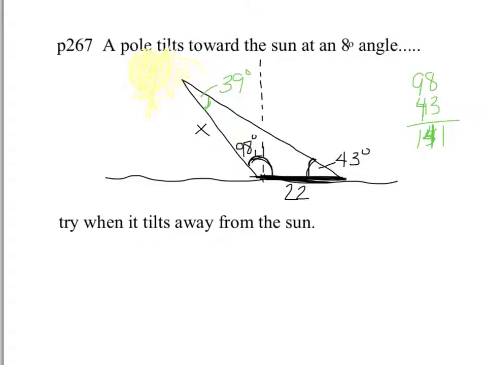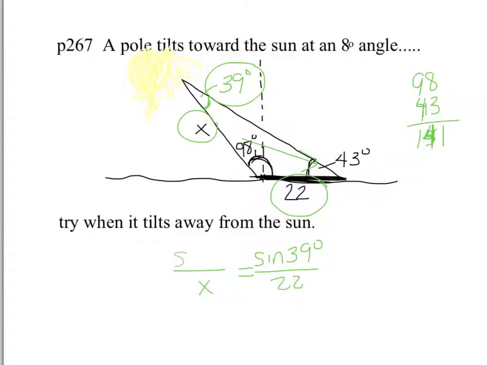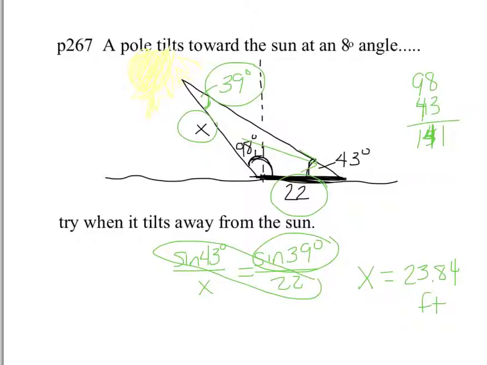And so now I have to set this up. The part of my proportion that is complete are those two. So I've got the sine of 39 degrees over 22. And I'm trying to find x, so that'll go on the bottom. And on the other, the angle that goes with that is my 43 degrees, so sine of 43 degrees. So now it's a matter of cross multiply and divide, and if you use your calculator correctly, you should get 23.84 feet. So when we type it in, we should just leave it as the